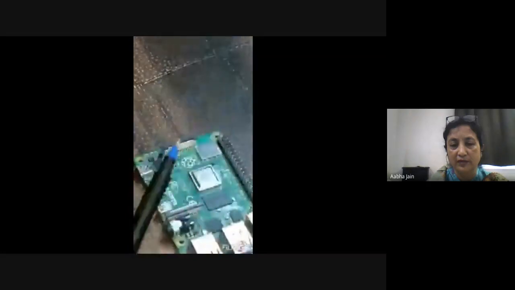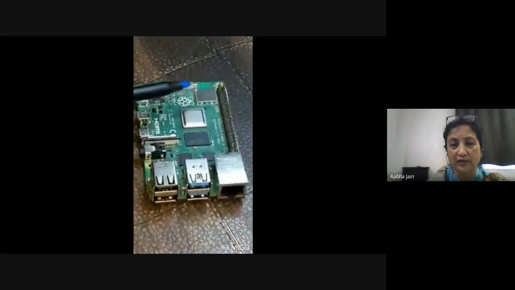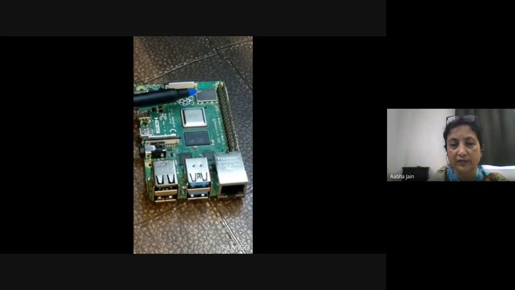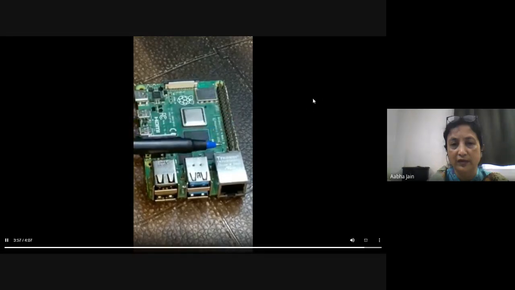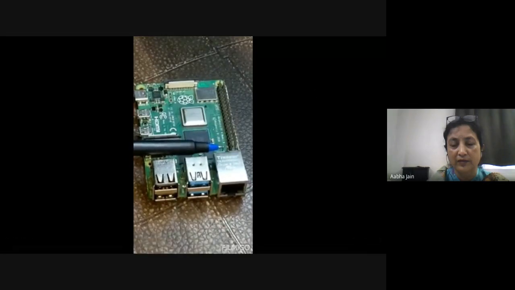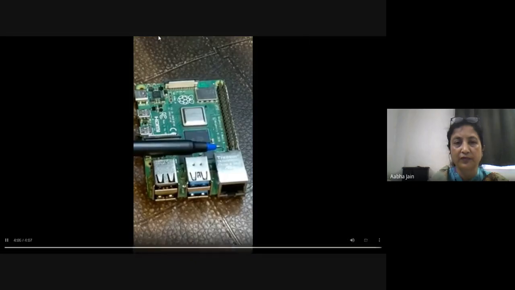Flip back and look at some components we left. At the corner, we have the Wi-Fi and Bluetooth module. This is the CPU and this is the RAM. Next to GPIO, we have a 4-pin PoE header just to power up our RPI through Ethernet rather than our